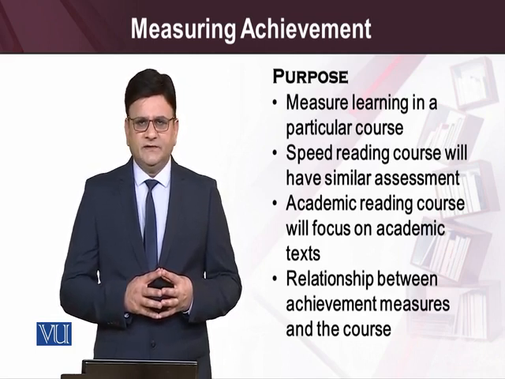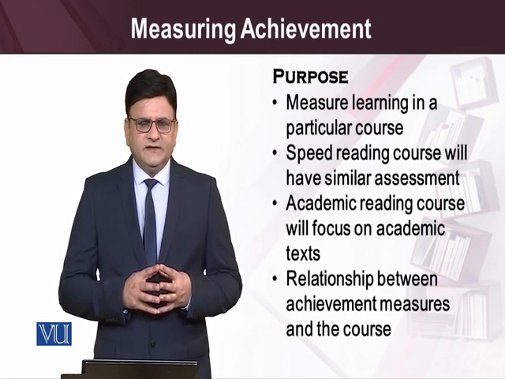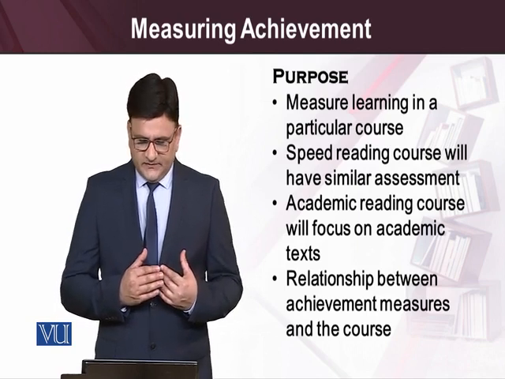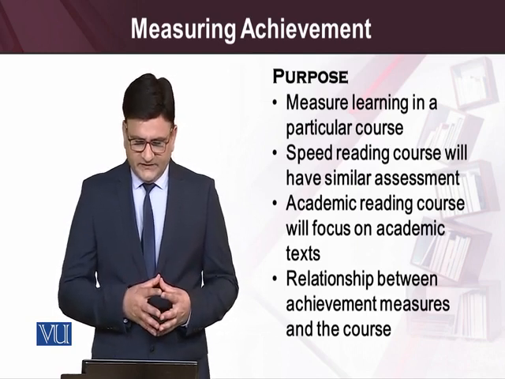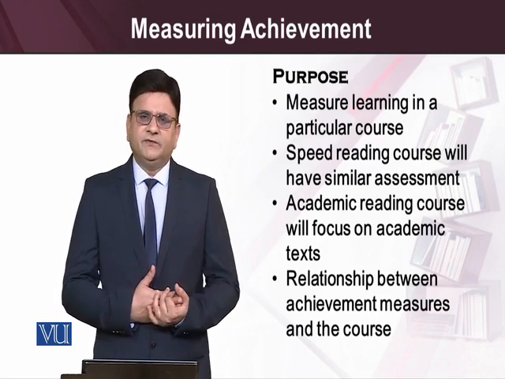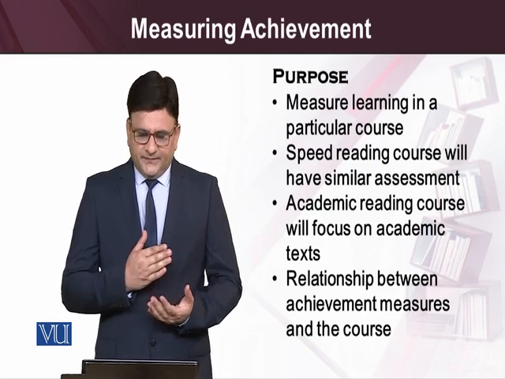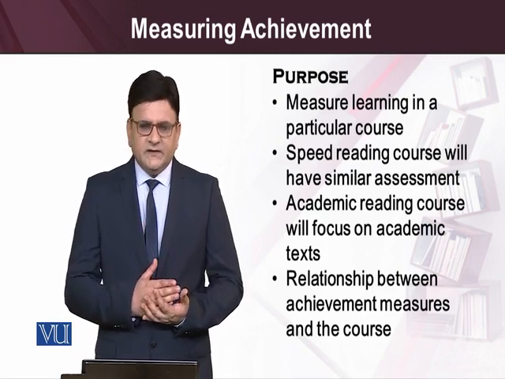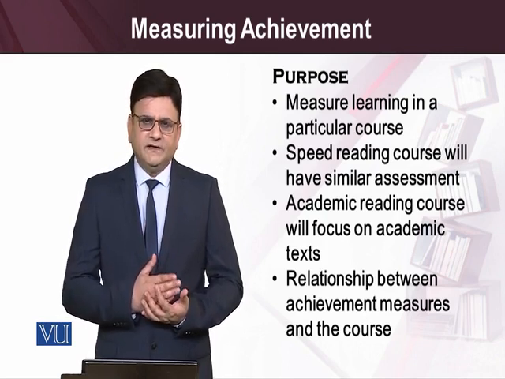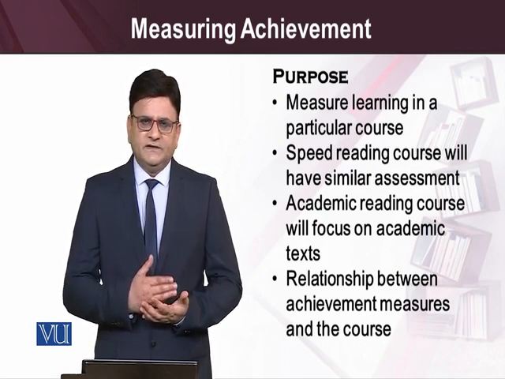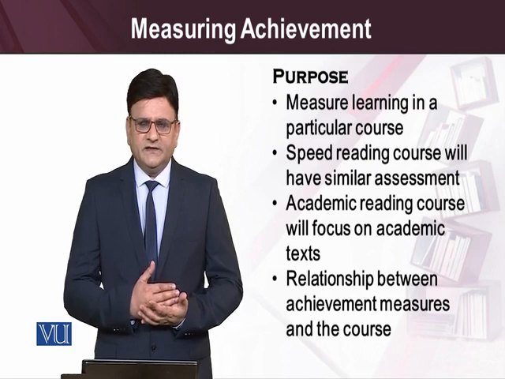This is important. There shouldn't be any absence of correlation. So, for example, if the course is about academic reading, the texts should focus on academic texts, and the tests should be similar to the nature of the academic reading